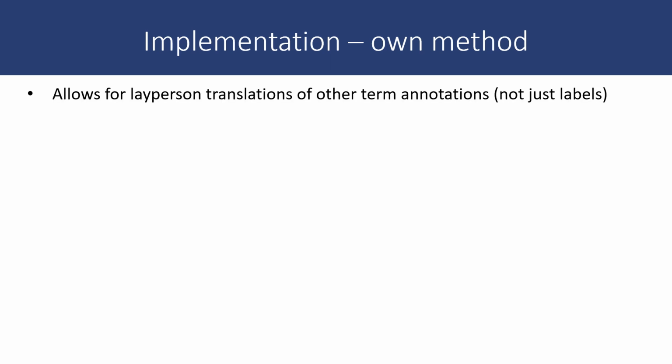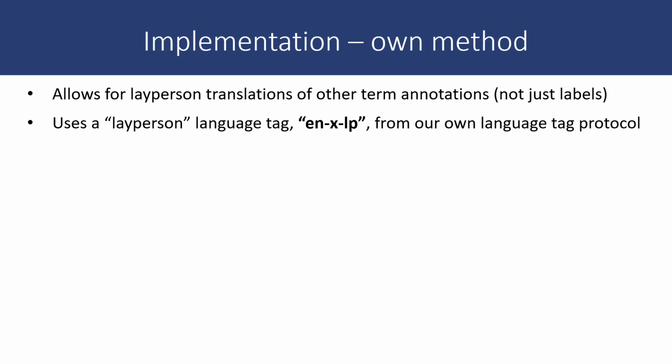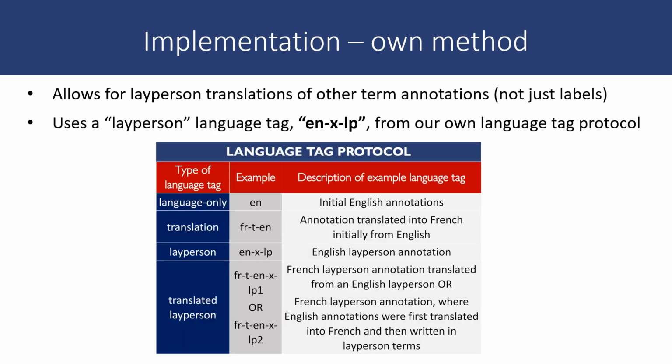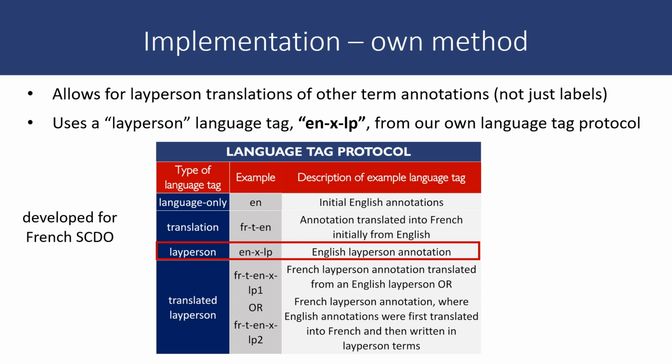So we developed our own method that allows for layperson translations of other term annotations, not just labels, and that uses a layperson language tag, ENXLP, from our own language tag protocol, shown here, which we developed for the French SCDO. It indicates that an annotation is an English layperson annotation. The X singleton indicates that the LP subtag following it that we are using to indicate layperson is a private